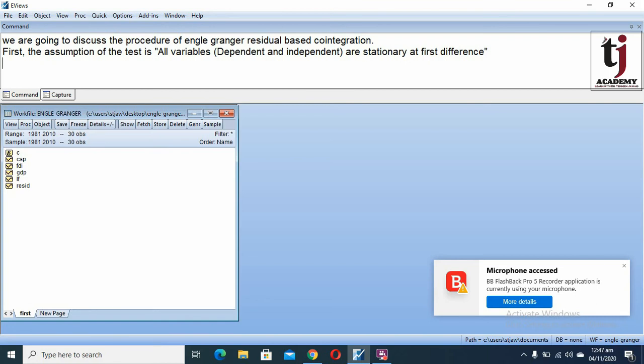Now the procedure. Step 1. If all variables are stationary at first difference, we have to run a regression model.